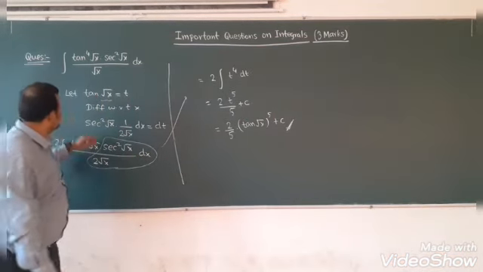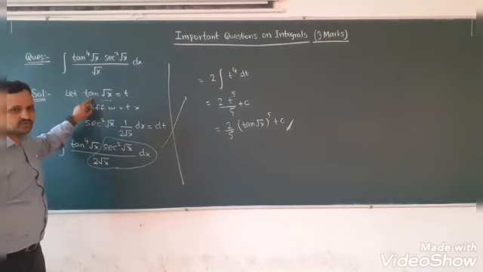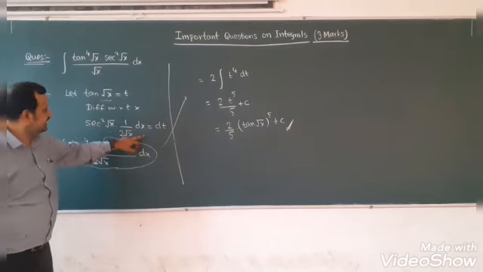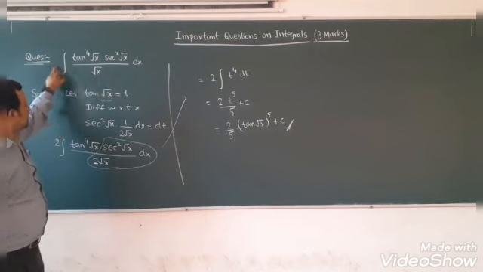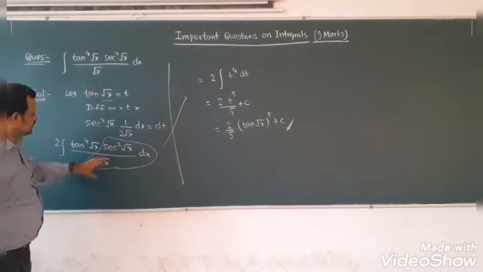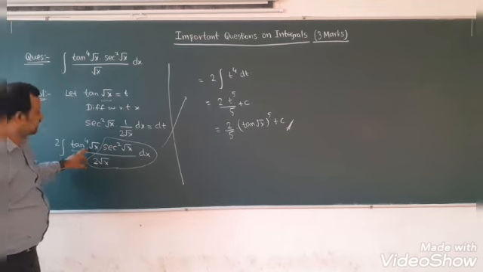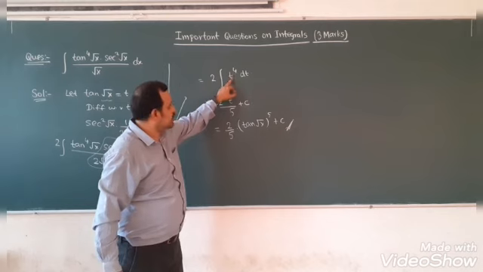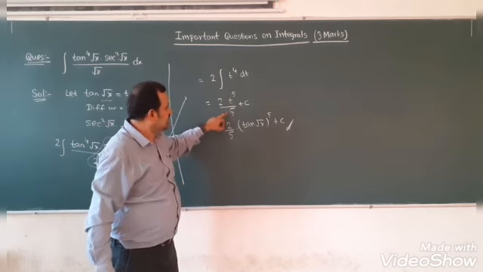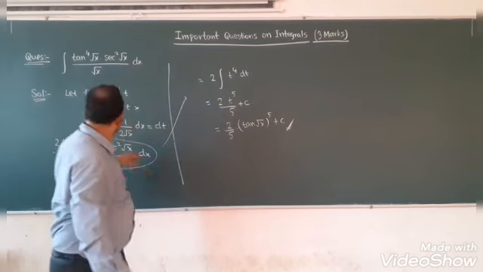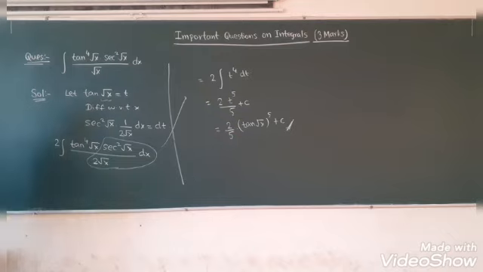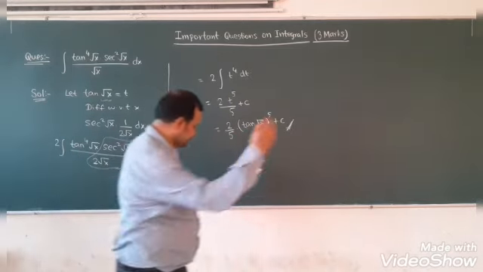So what we did here is we assumed tan root x is equal to t. Differentiate: secant square root x into 1 by 2 root x dx is equal to dt. So 2 is missing here. Multiply and divide by 2. So this will become dt and this is nothing but t. So 2 into integral of t power 4. Integral of t power 4 is t power 5 by 5. And replace t by tan root x. So this is the required answer. Let us see the next question.